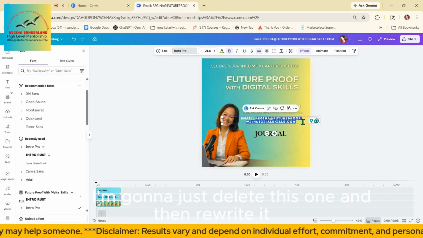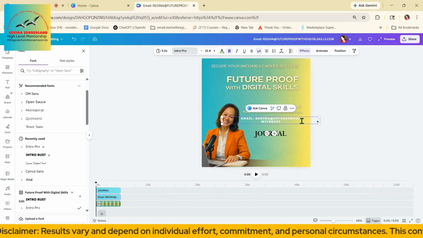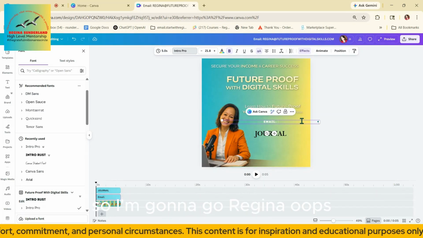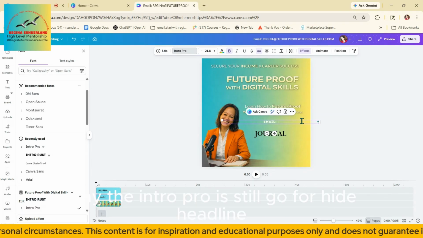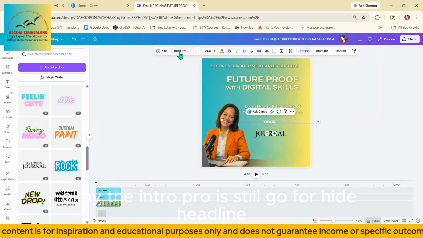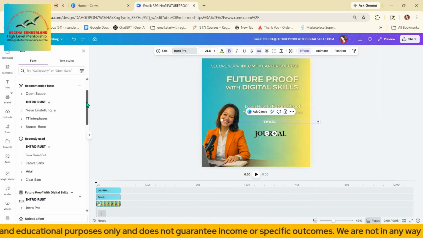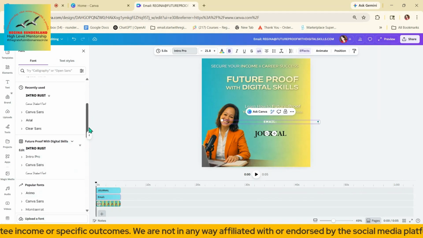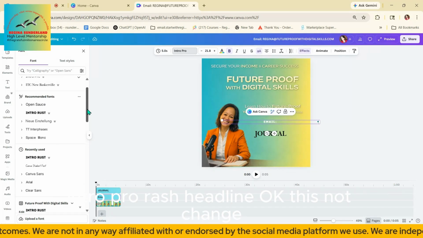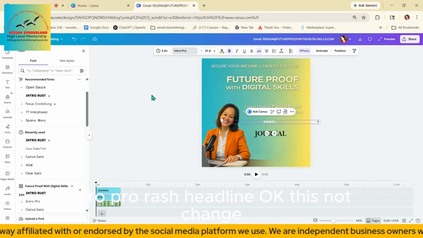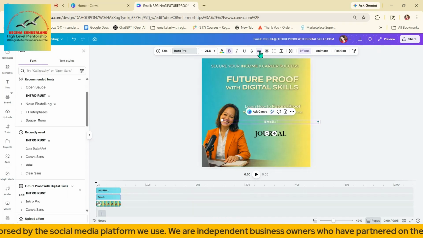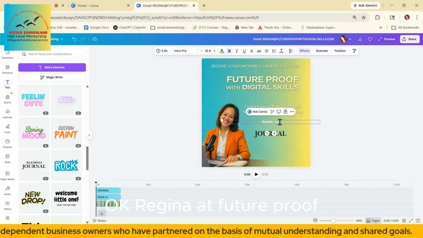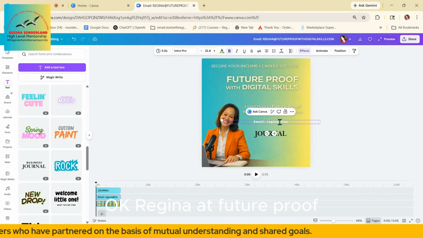Okay, I'm going to just delete this one and then rewrite it. Okay, email, and I don't want it uppercase, so I'm gonna go Regina. The Intro Pro is still going for headline, so I'm gonna change this because I don't like it on capital letters. Intro Pro, rush headline, okay. It does not change. Now let me see if I managed to do it. Yes, okay. Regina at future proof